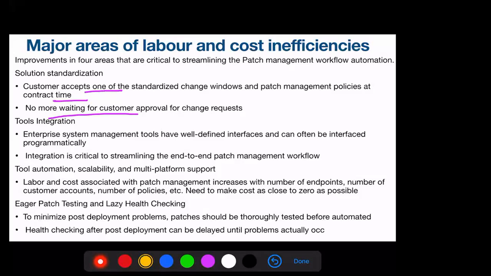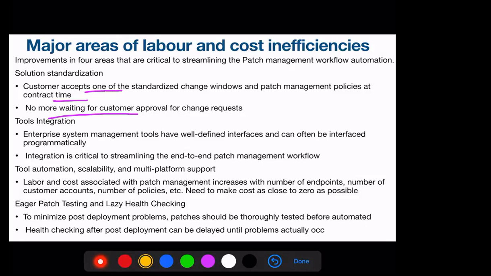Because suppose the shift change is from 8 a.m. to 4 p.m. Now at 4 p.m., if any patch management comes, the person who was working in the previous shift has done 50% of the patch management, and after that he has shifted and another person has come. Now the other person will not understand how much change you have done. So he will do it in another way and the entire thing will become a hodgepodge.